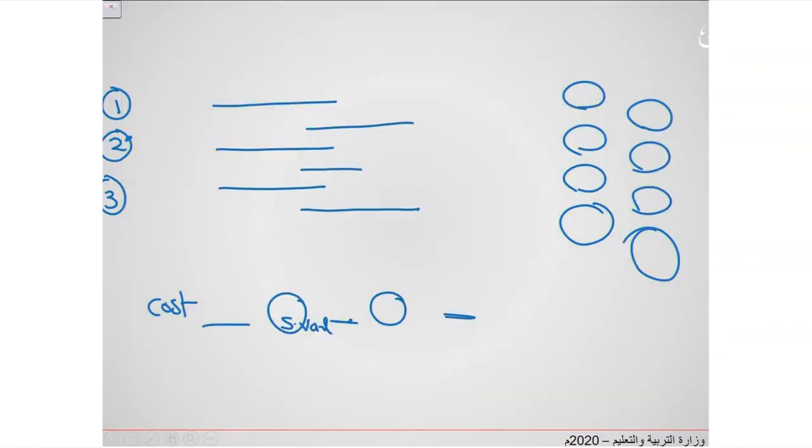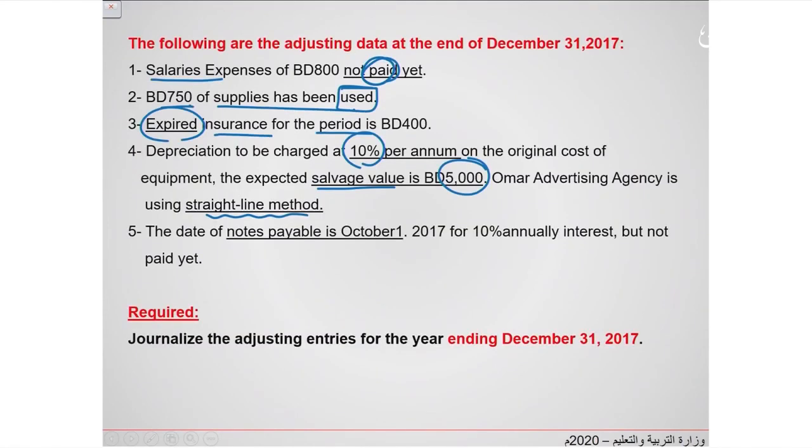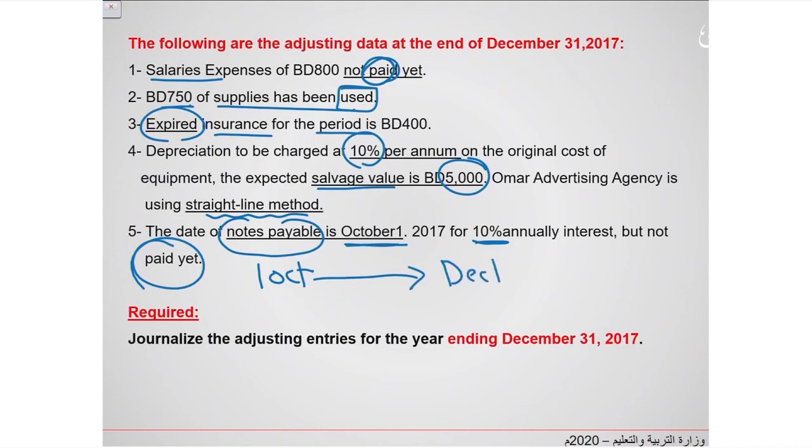We'll go for the last transaction, 5. The date of note payable is October 1, 2017. There is mentioned here 10% annual interest, but not paid. So from 1 October until December, how many months? October, November, December. There are 3 months. So